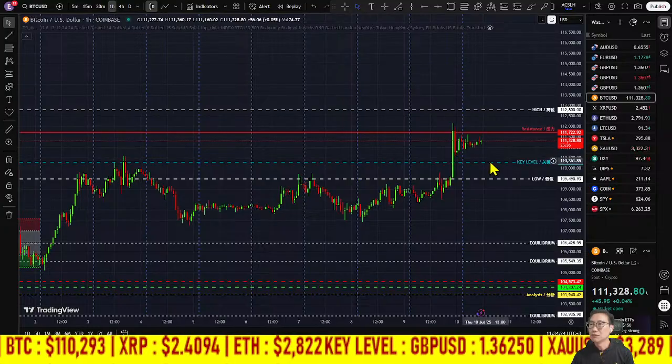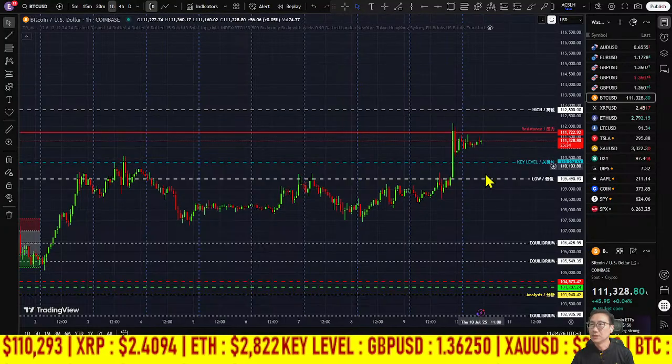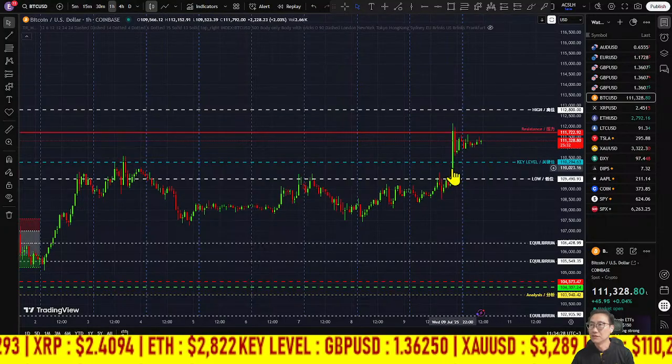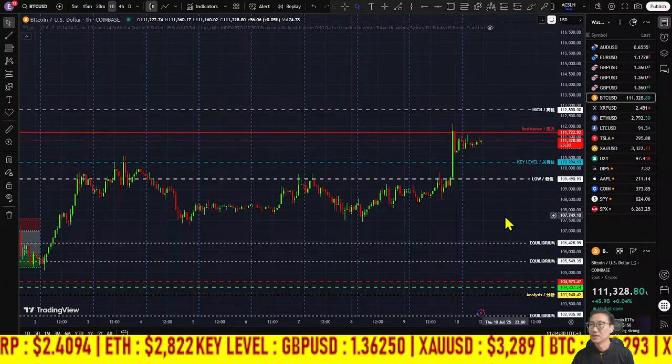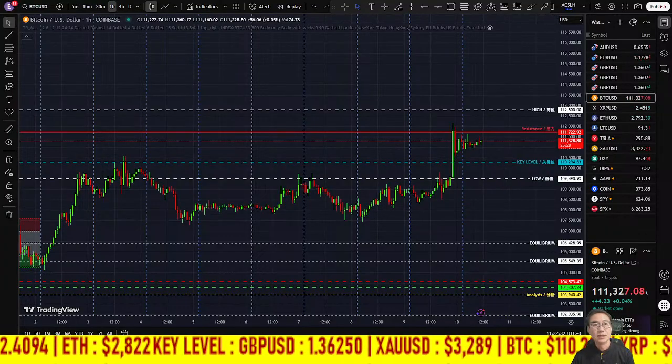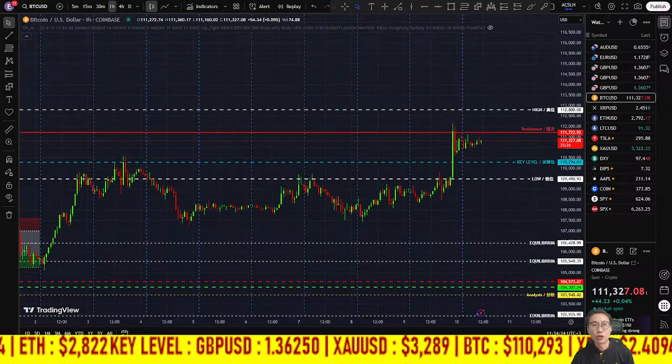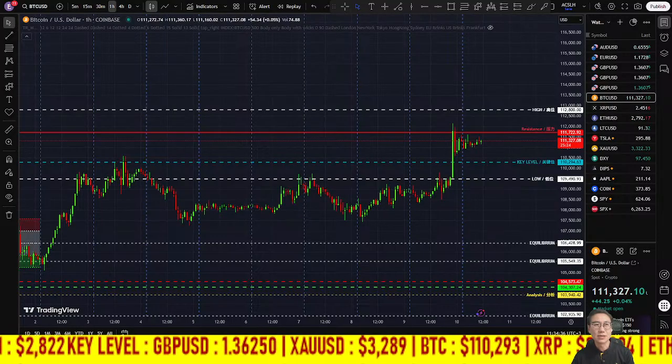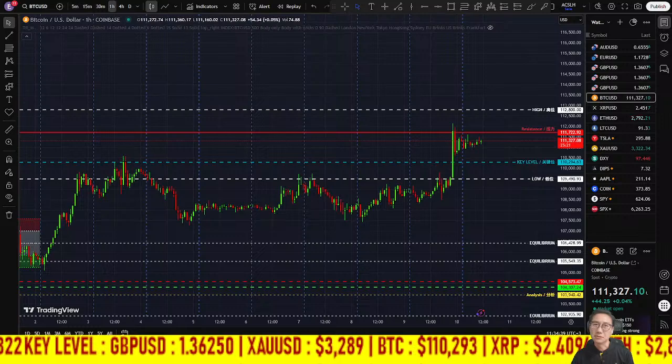So if this is unable to hold, we will see this Bitcoin erase the gains of this candle to come to this price of 109,490. Okay, so that's for the Bitcoin for today. I think currently, as we can see,